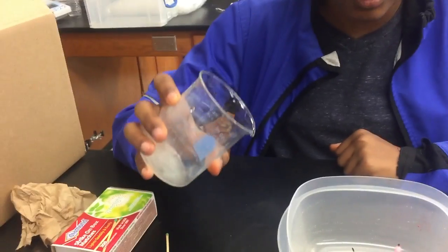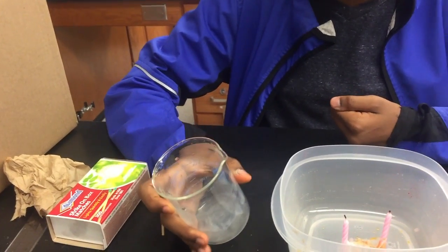Okay, so in this experiment, we're going to be lighting some candles in a box with water in it. And when we cover the candles with a beaker or some sort of closed container, the candles are going to use up all the oxygen and they're going to burn out. And when they go out, the water is going to be sucked up into the beaker to replace the oxygen